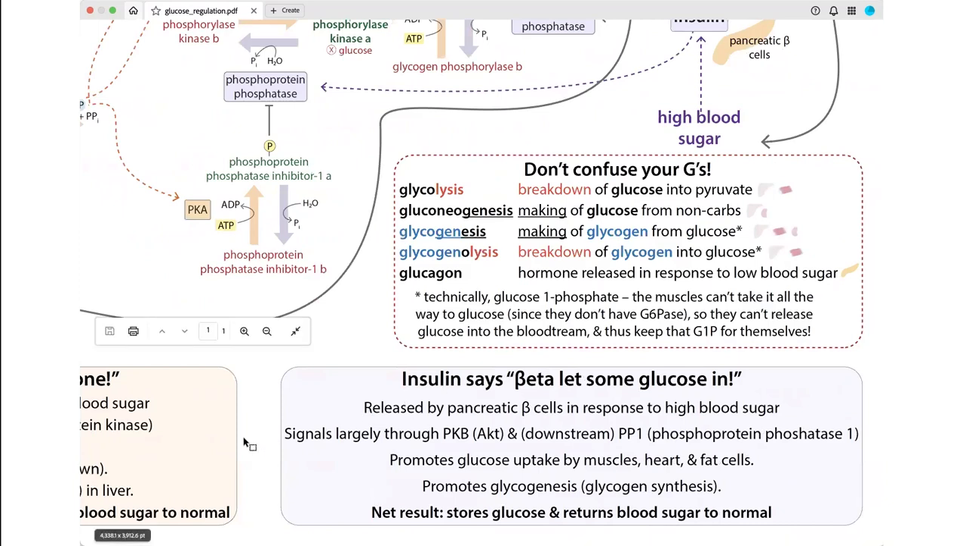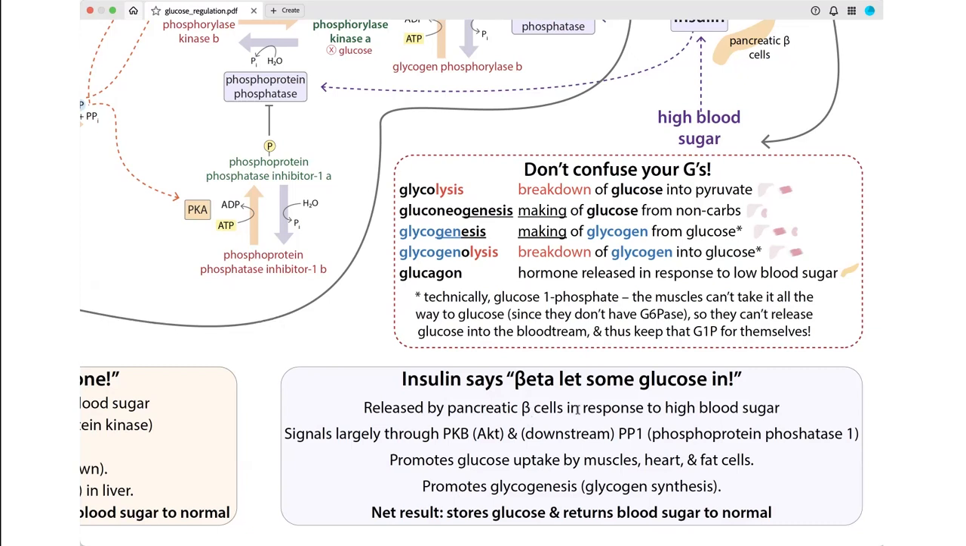What if you go too far? What if you release too much glucose? Your blood sugar goes too high, or you just ate a big meal? Now you want to be able to kind of reverse everything. So you need a kind of opposite signal. This opposite signal is going to be our insulin. Insulin says beta lets them in. So if you think about beta lets them in, well, they're released by pancreatic beta cells in response to high